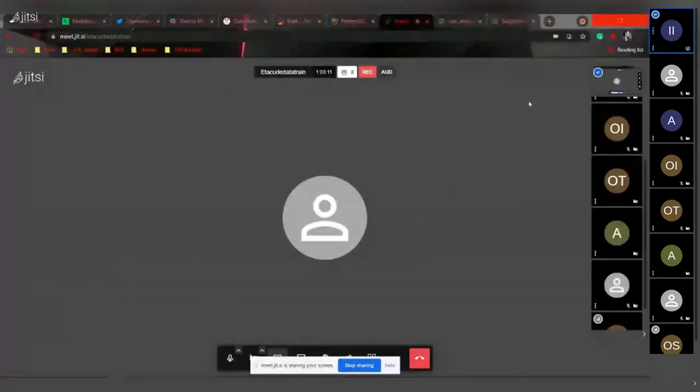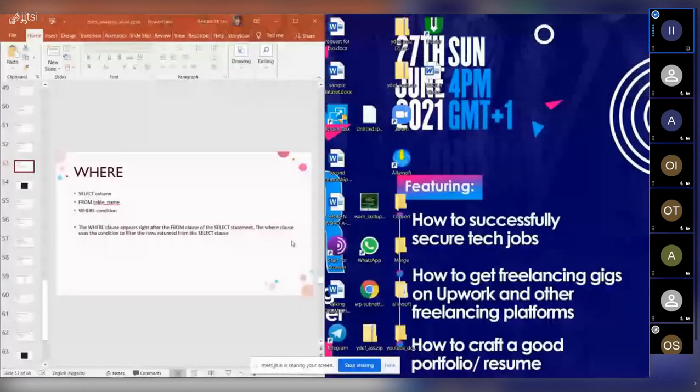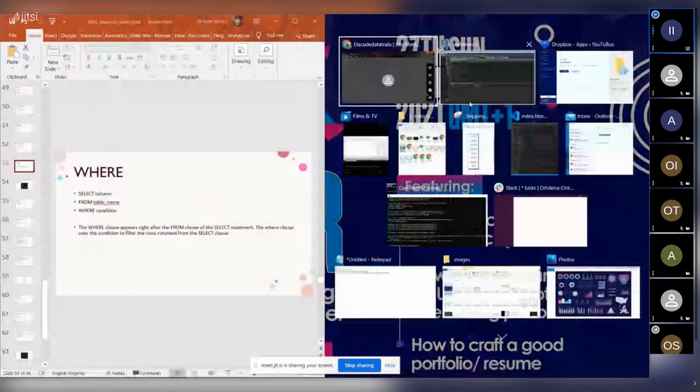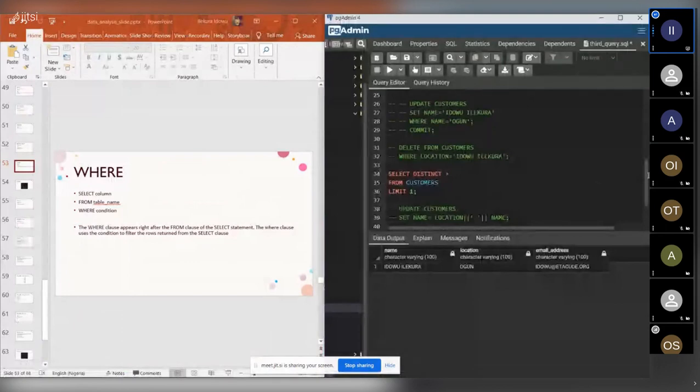Okay, so in the last class we talked about WHERE. Let me give a little recap. The WHERE clause is like you are selecting all from this column, from this table, and then you want a condition to be met before you select. So take for instance, let me open my pgAdmin. We want to select all from customers